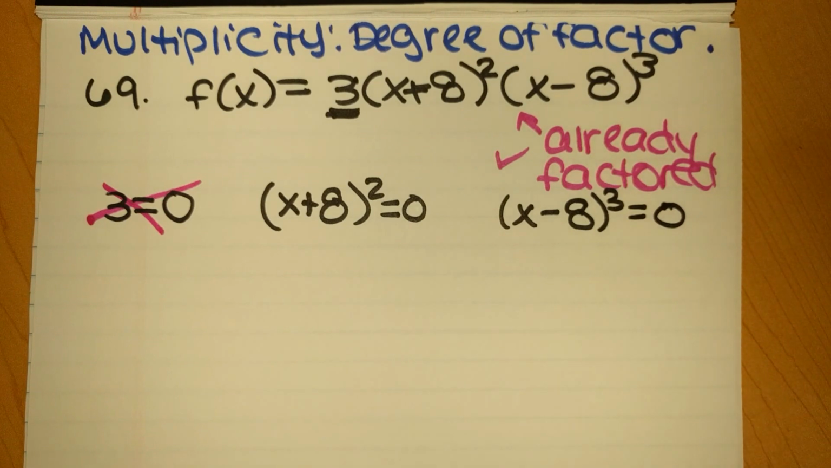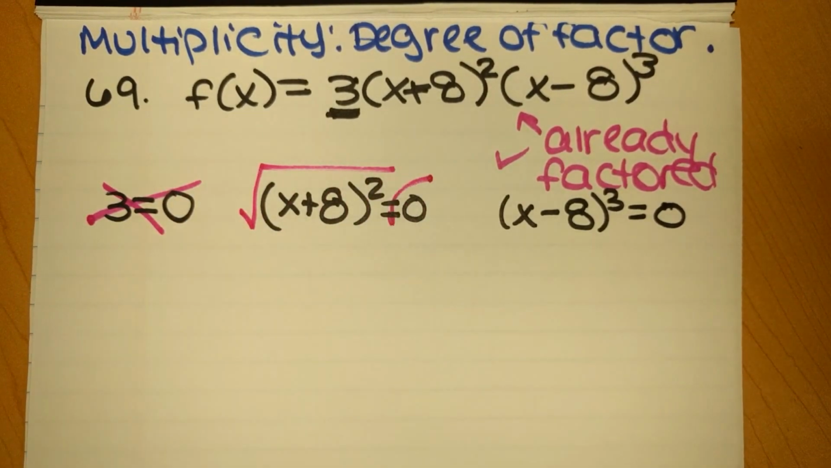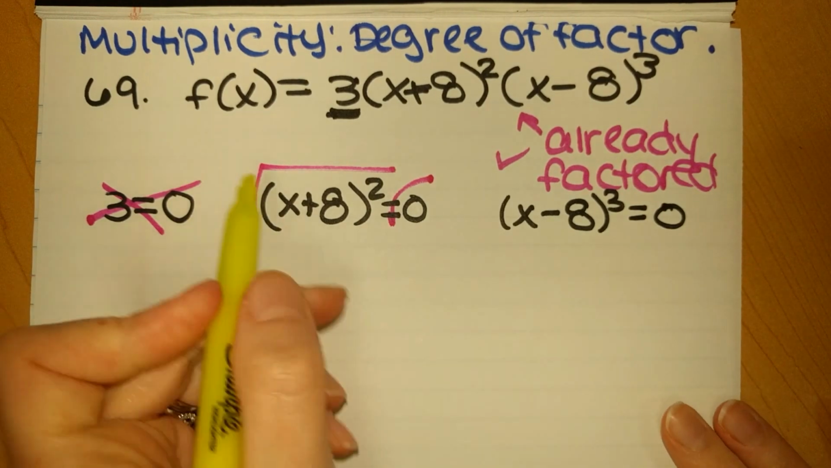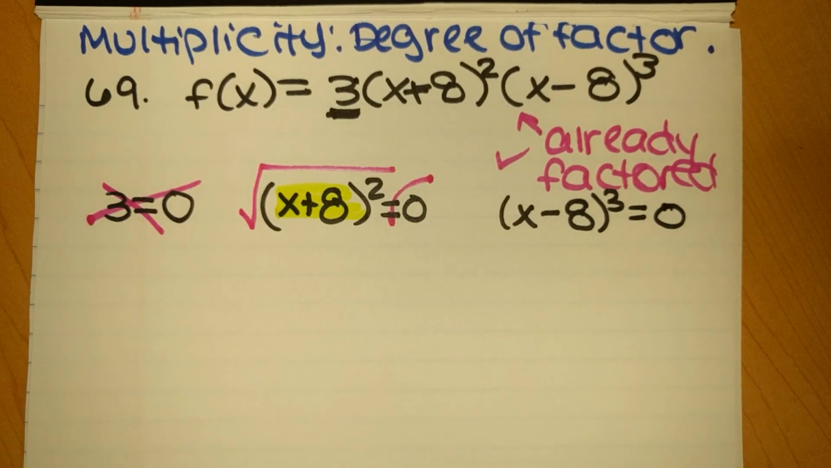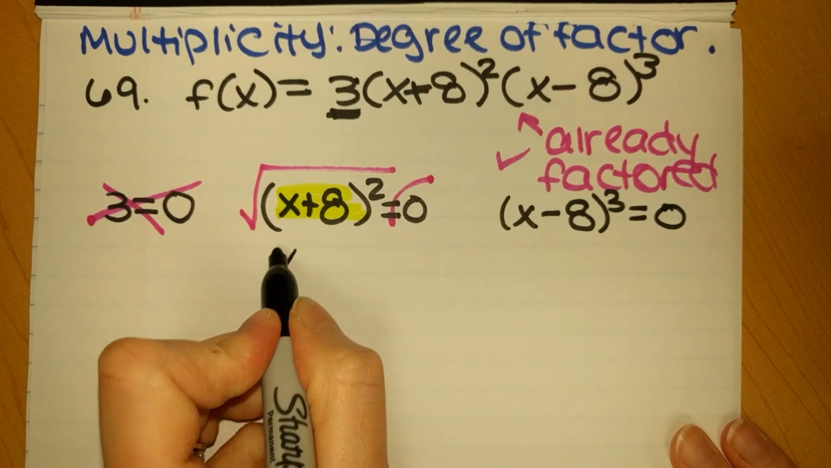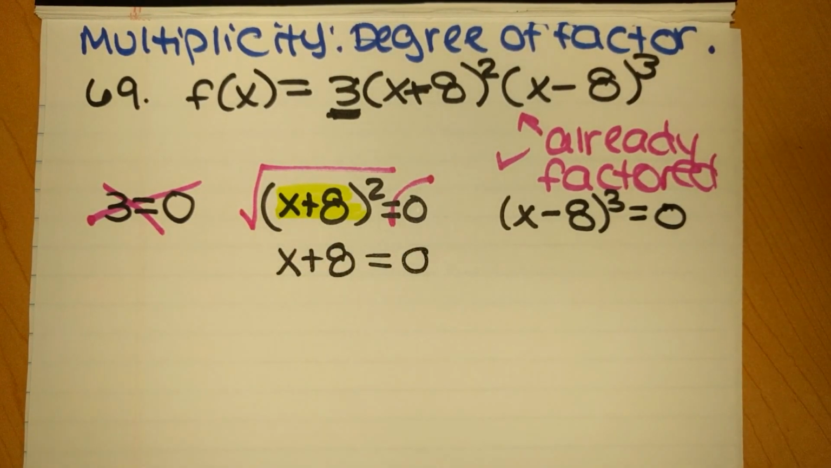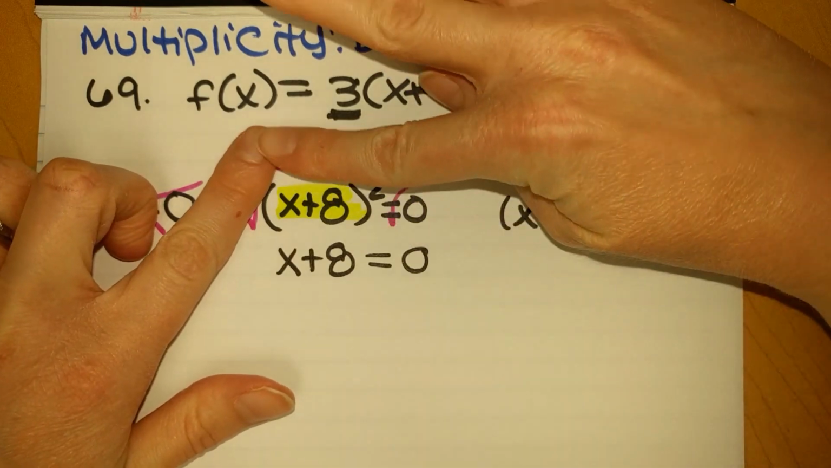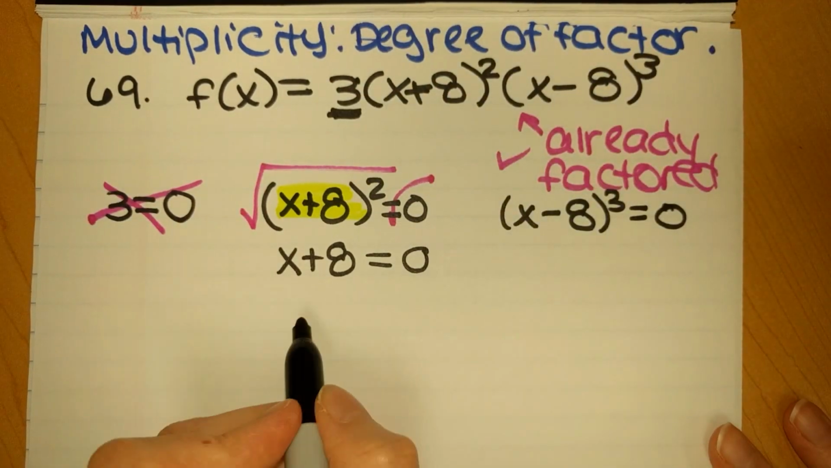Now, this x plus 8 quantity squared, you could sit there and take the square root of both sides, but the reality is every time you have it already factored, it's just whatever is inside of that parenthesis that is going to matter. Because when you do take the square root of both sides, you'll get x plus 8 equals technically plus or minus 0, but the sign is just going to be nothing, so we'll have 0. So I don't even think about taking the square root. I just say, whatever's inside the parentheses, that's what I'm setting equal to 0,